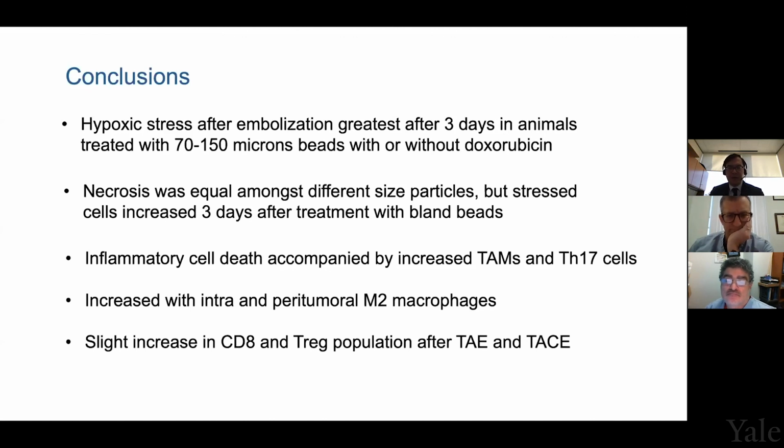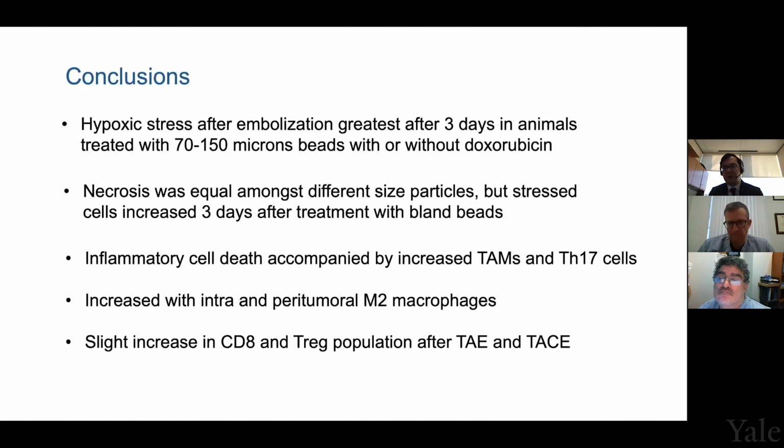We were having this discussion earlier. I agree with Dave that the effect of drugs is likely a local vascular effect. This is what we saw in our experiments as well: the drug just increases the amount of vascular injury caused by the embolization. You just have a more severe, robust vascular injury by using drug on the bead, and it is a more delicate embolization if you don't have the drug, with pros and cons of each.